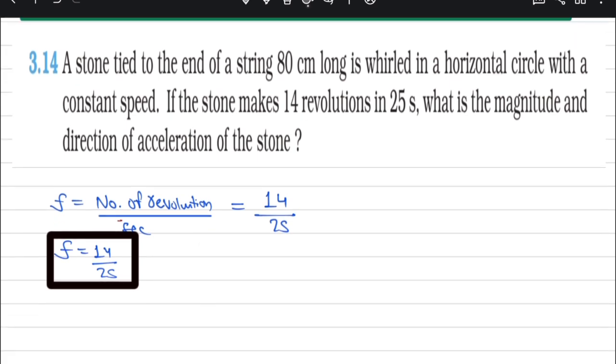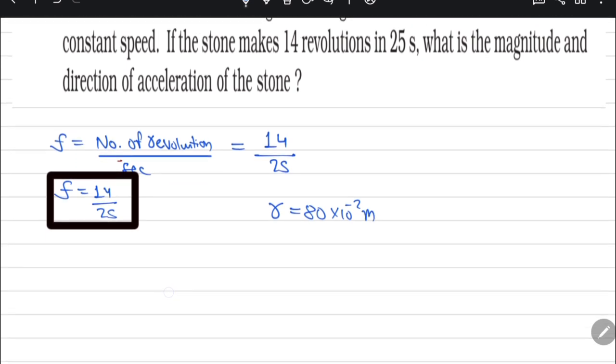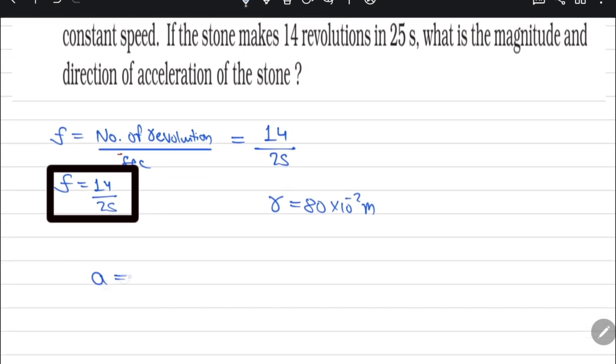And the stone is tied to the end of a string of 80 centimeter long, whirled in a horizontal circle. Means the string is 80 centimeter long. Means this they have given as radius, that is 80 into 10 to the power minus 2 meter. What is the magnitude and direction of acceleration of the stone? Acceleration is basically minus omega square r, and you know omega is basically 2 pi f. So from here you can find 2 pi into 14 by 25. So omega comes out to be 28